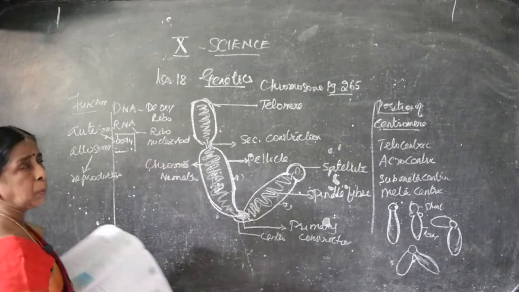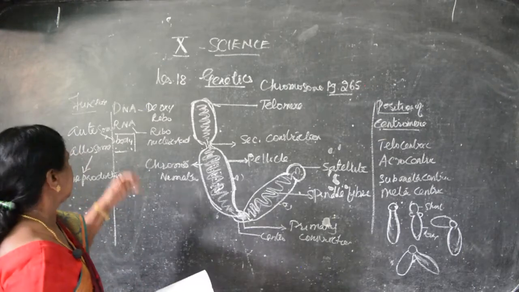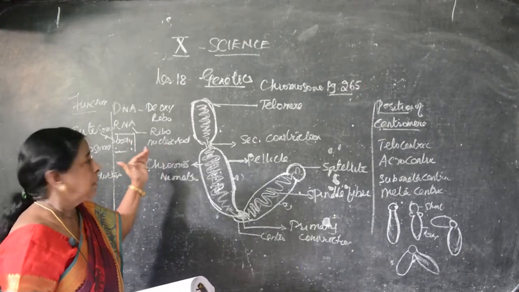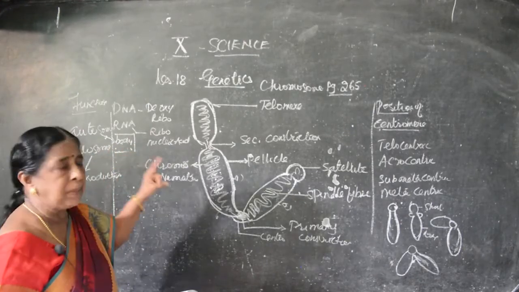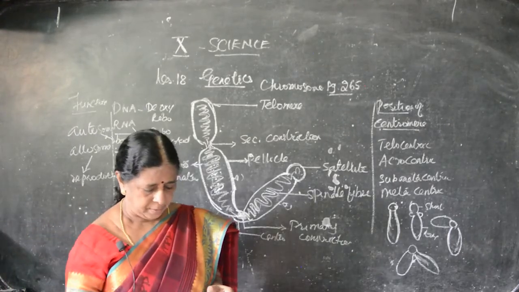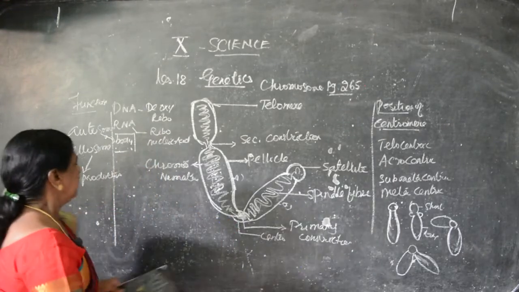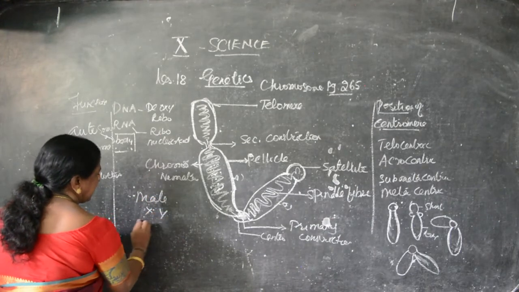Further, we can divide the chromosome. Due to function, we can divide them into autosome and allosome. Autosomes are helpful for the development of the body and cell division, and only 1 pair of chromosome will help for the reproduction, that is allosome. Clear? So, in the male we can see both kinds of chromosome. That is, in the male we can see X and Y. In the female we can see